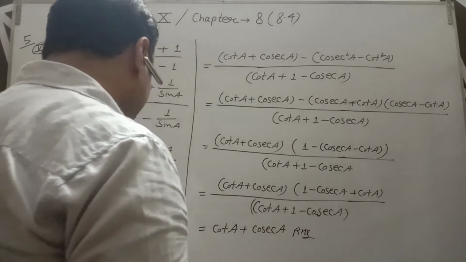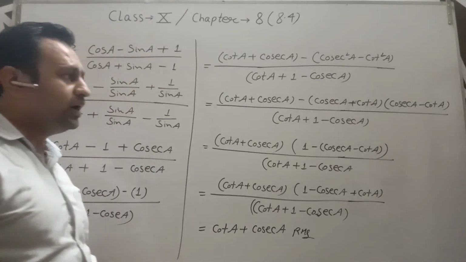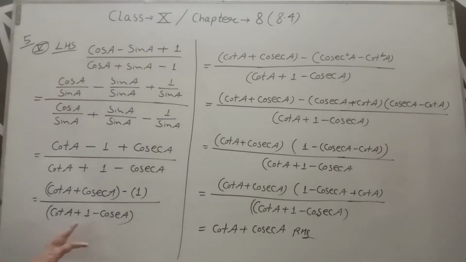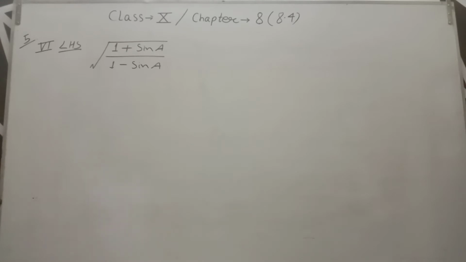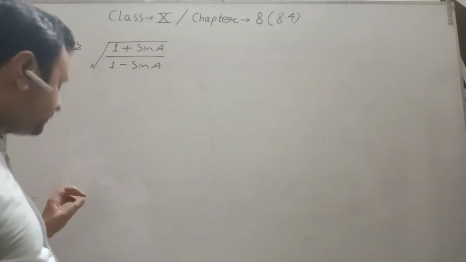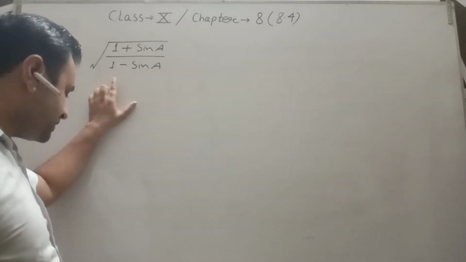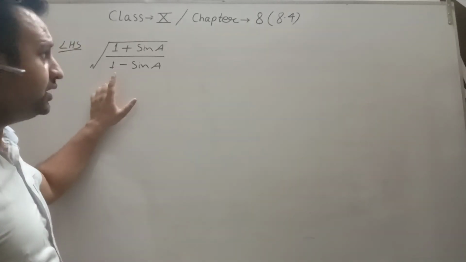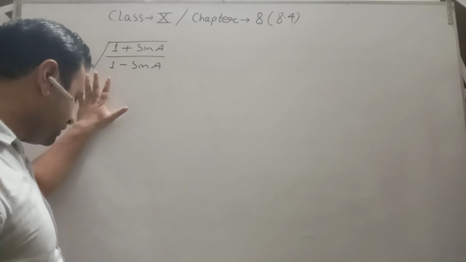So finally we have proved LHS equal to RHS. I hope the part is clear. Just note down. Okay students, now question number 5, sixth part. LHS is 1 plus sin A upon 1 minus sin A and under root of this,